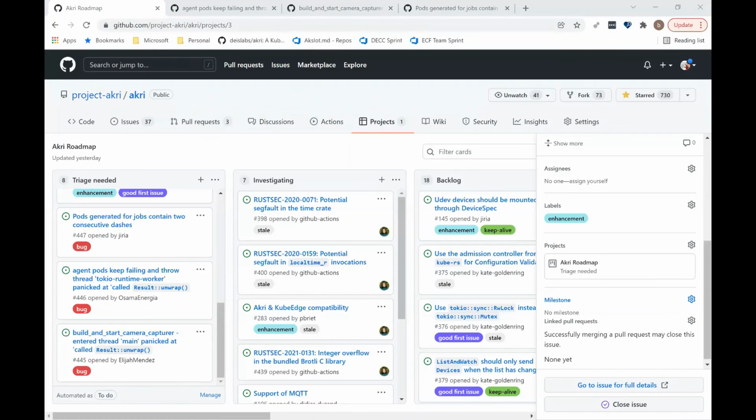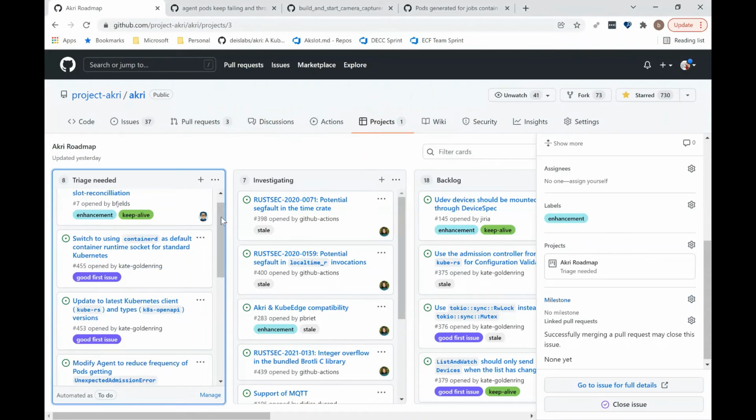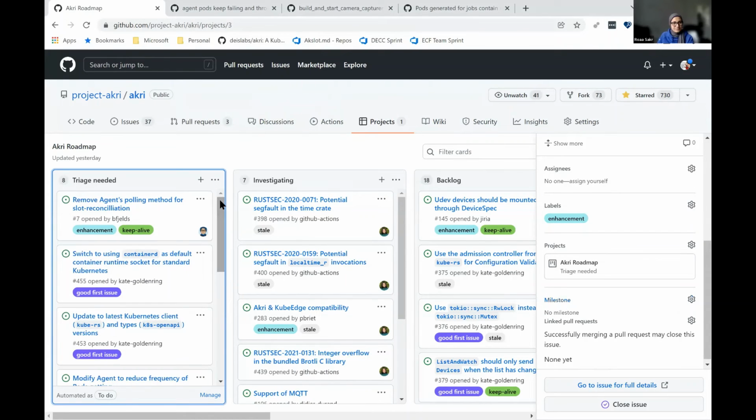Sweet. Okay, so we can start with removing the agent polling method for slot reconciliation. We touched on it briefly, talking about CRI control being required because deallocate isn't implemented.